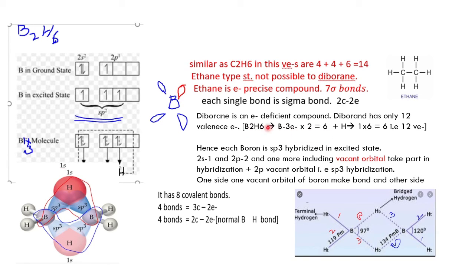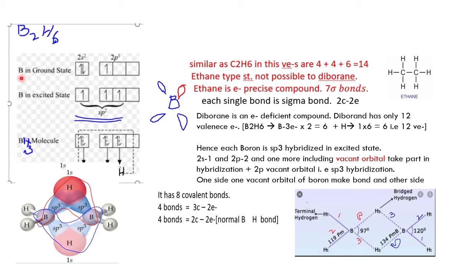6 electrons from boron and 6 electrons from hydrogen, so B2H6 totals 12 electrons, which is a shortage of 2 electrons to complete the octet rule. How does it overcome this? We have seen it forms different coordination patterns in boron. These are all electron deficient compounds, and for that we should know how it has been made.